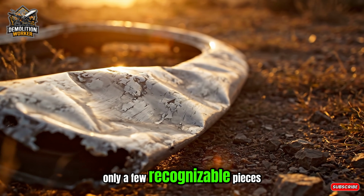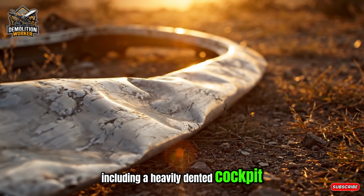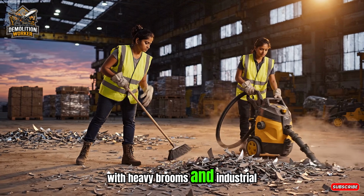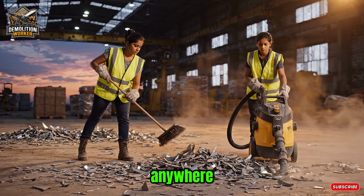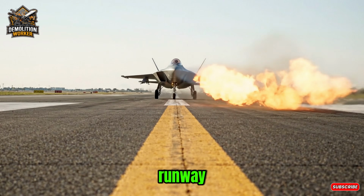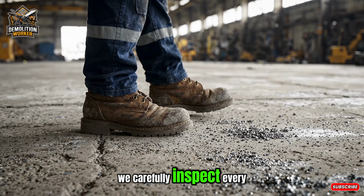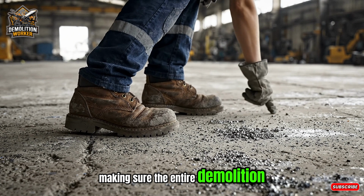Only a few recognizable pieces remain scattered among the debris, including a heavily dented cockpit window frame reflecting the fading sunlight. The cleanup crew works tirelessly with heavy brooms and industrial vacuums to ensure no sharp metal shards are left behind anywhere. Leaving foreign object debris on an active military runway could cause catastrophic damage to other aircraft currently operating at the base. We carefully inspect every square inch of the concrete tarmac, making sure the entire demolition zone is